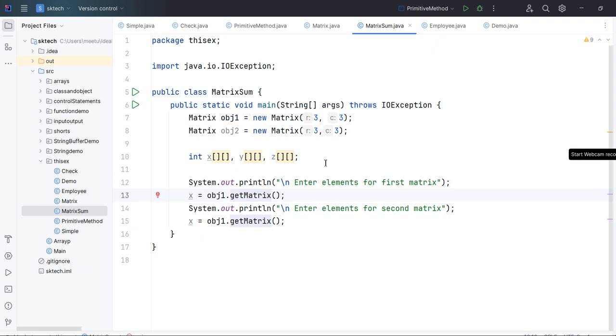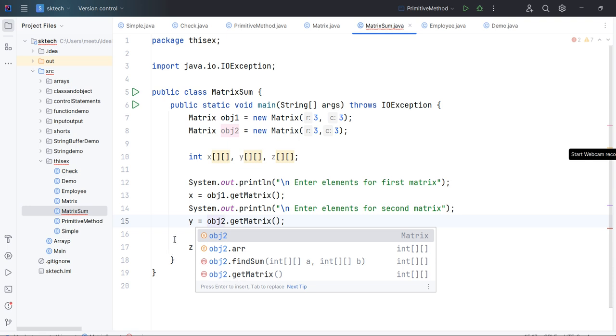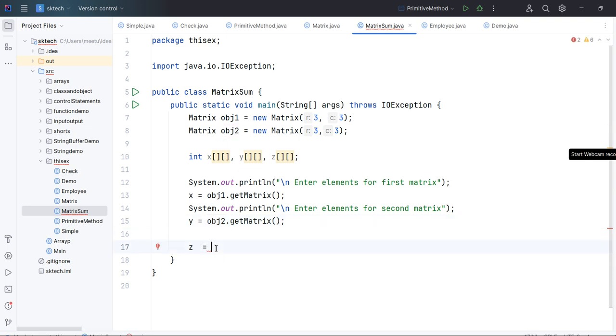So here we have taken the first matrix in x and the second matrix in y, and we are going to perform the addition of those matrices and store the result in the third matrix. Let's say z equal to, so this would be obj2, and we can call the method on any object.